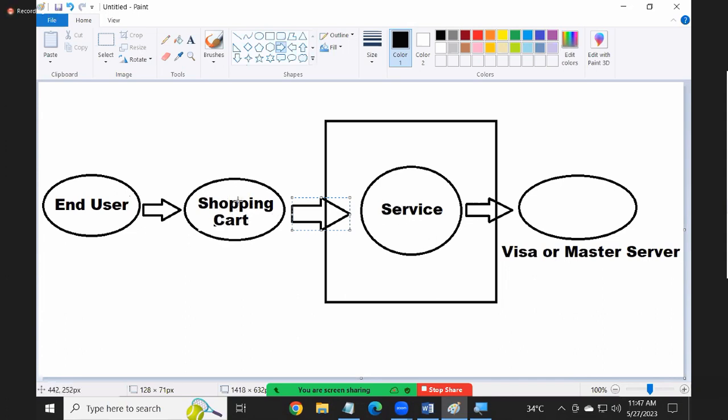This is the client now. That is the client for the shopping cart, but the shopping cart is a client for the service now. Okay, so what happens? The client is